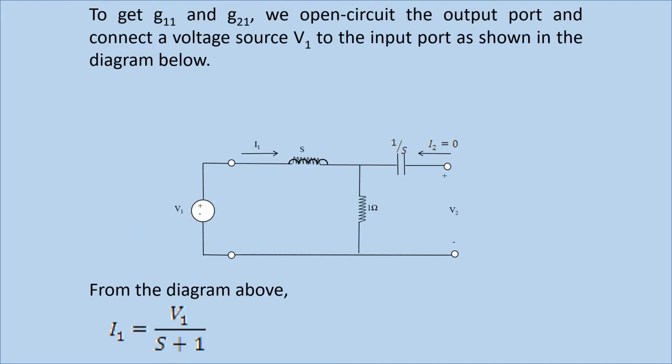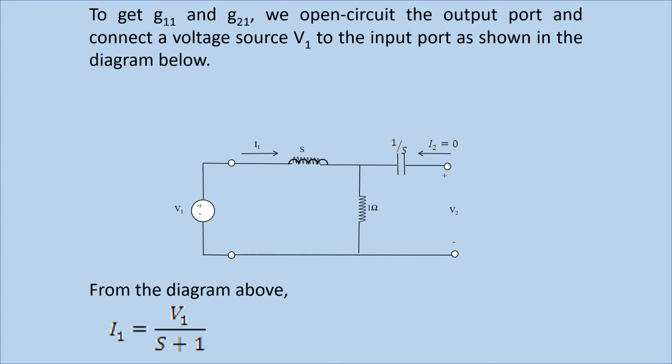Now to calculate your G11 and G21 from the formula of inverse hybrid parameter, remember, from I1 equals G11 V1 plus G12 I2, to get your G11, your I2 must be equal to 0. That is, you must have an open circuit. Also, to calculate your G21 in V2 equals G21 V1 plus G22 I2, your I2 must be equal to 0. That is, you will place an open circuit